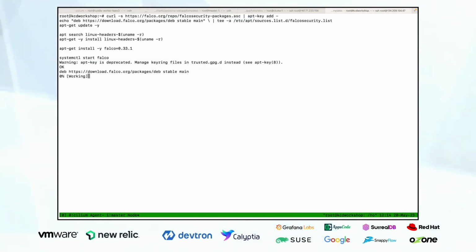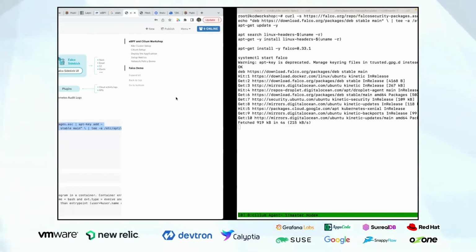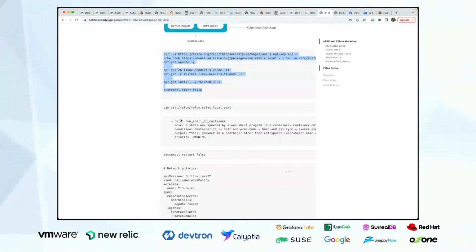So these steps are there. This is going to get all the setup of the Falco service on a system. So I just run this command and let this command finish. Now what we are doing here is putting in a custom rule, and the custom rule we are putting in is that if somebody opens up a shell,